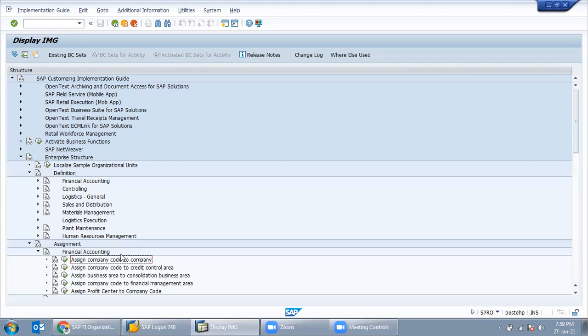Okay, you mean to say when we are going through the P2P cycle, when we are filling in the details, when we are doing the PR, PO and all that process, we need certain blocks active and certain blocks not required. In order to create all those things, the basic thing is we need to configure it. Is that the exact point? Is that what I have understood?